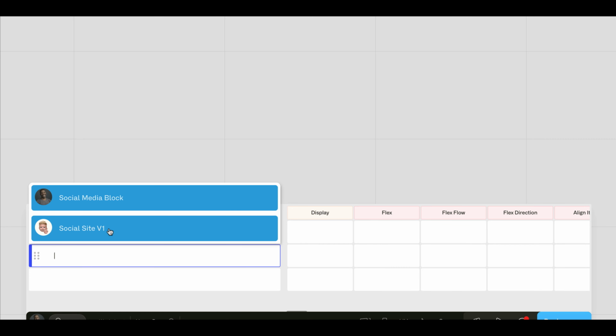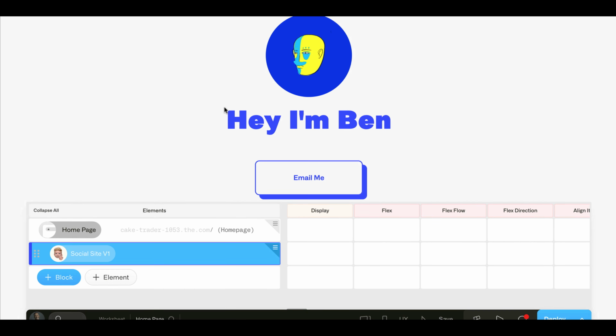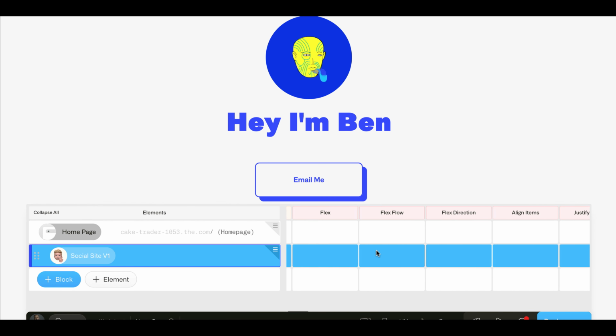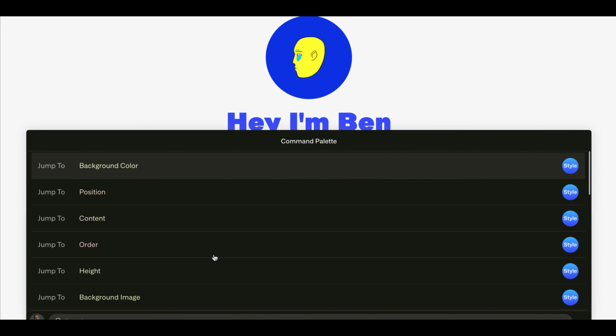I'm going to now click that block, and now I have access to this block. And where is it going to be? It's going to be on my homepage. This is my homepage. This is what my homepage looks like. Now that I see my block, I'm going to be able to also edit or go to different sections of the block as well. Now, if I click Command K, I'm going to be able to jump to different parts to be able to articulate or be able to control exactly all of the components of that block.